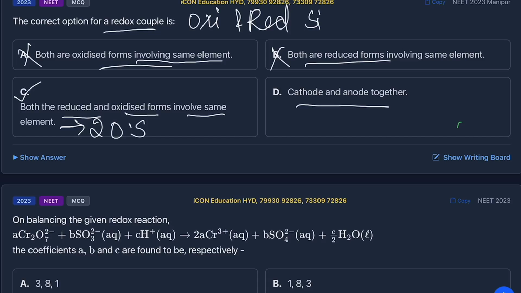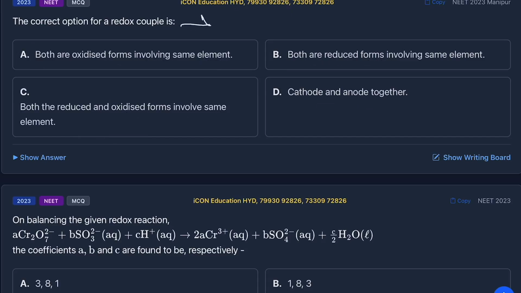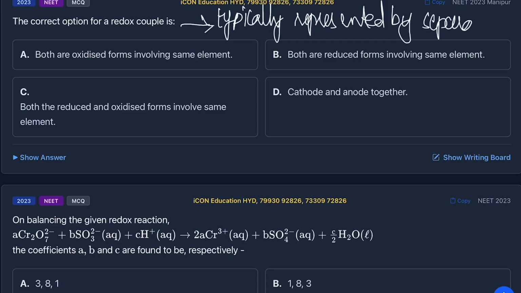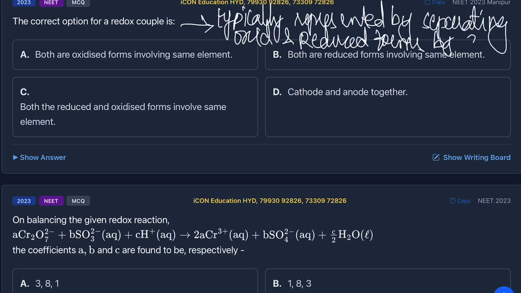A redox couple is typically represented by separating the oxidized and the reduced forms by a vertical line or slash. So if you can see the example,